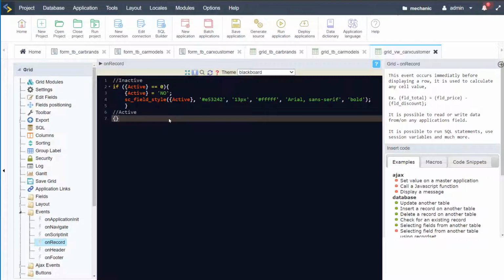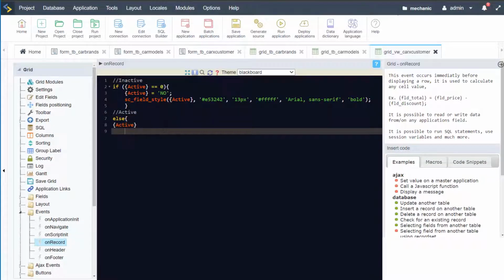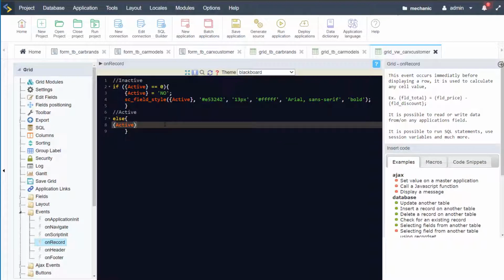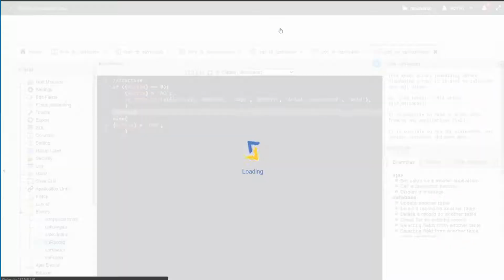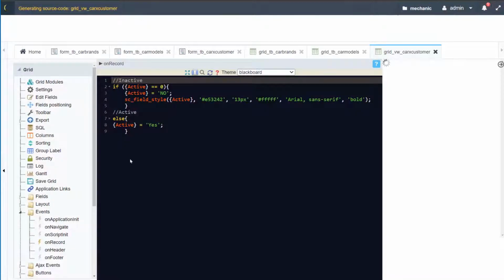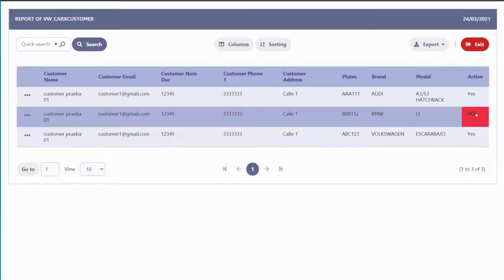So if I go say field active, okay, and we want to then also apply an else statement. And then we can open and close this. And then here equals yes, like so. Okay, so if I go ahead and run that now, we will have our active status here customized